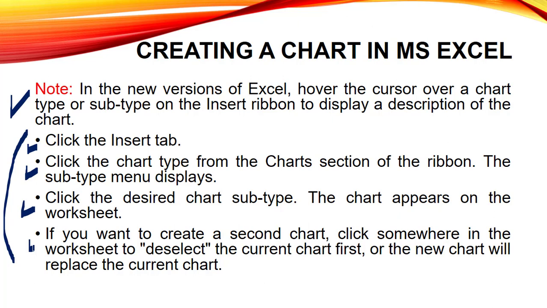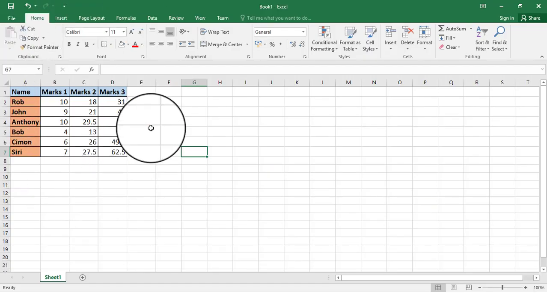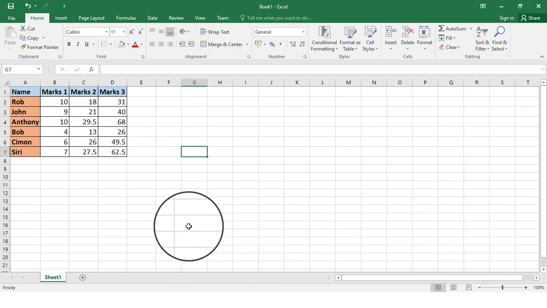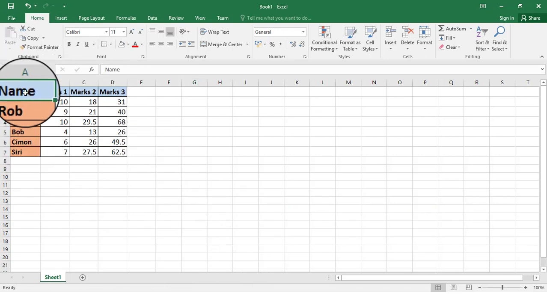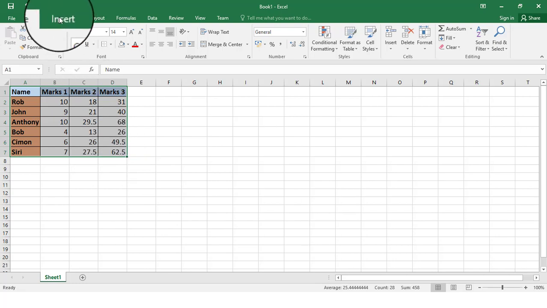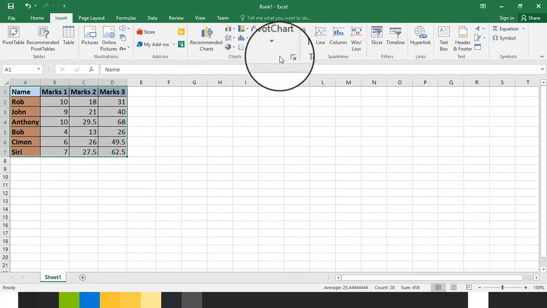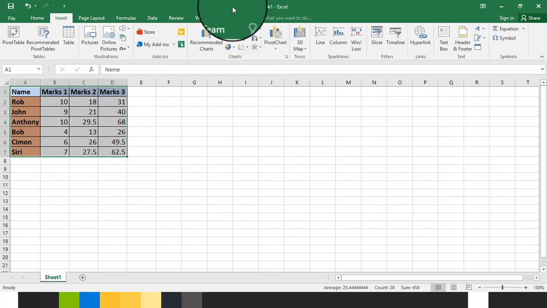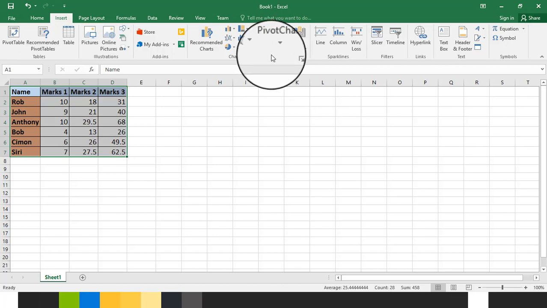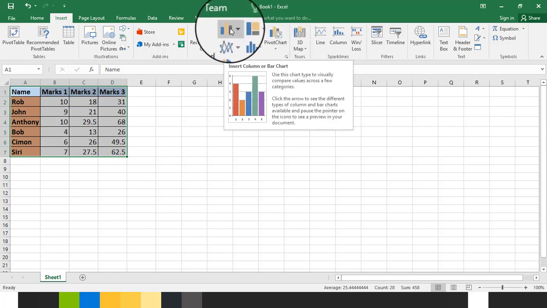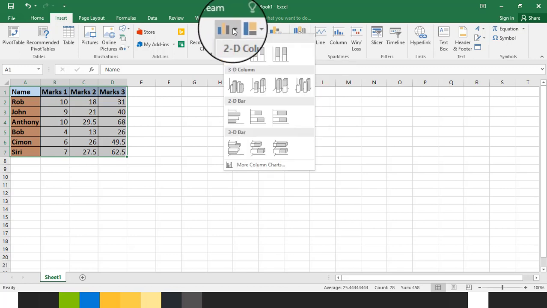Now we have to discuss all these steps in a practical way. So now let's see the practical and understand this thing. Over here you can see that we have a very simple table that we are using just now. In this table, if you have to insert a chart, first you have to select this whole data. Then you have to click on the insert tab, and then over here you have to click on this chart pane. In this chart tab, you have to select any desired chart type as per your wish. Suppose I want to use the column chart or bar chart, then I have to click on this particular section. When I click on this, it will show you the charts or its subcategories.